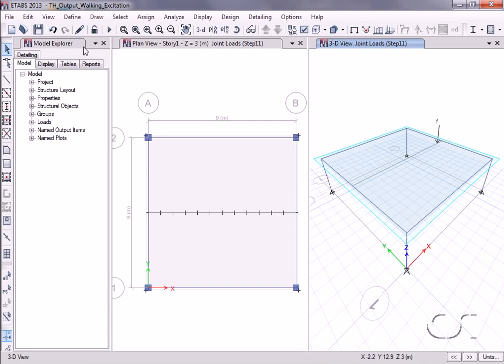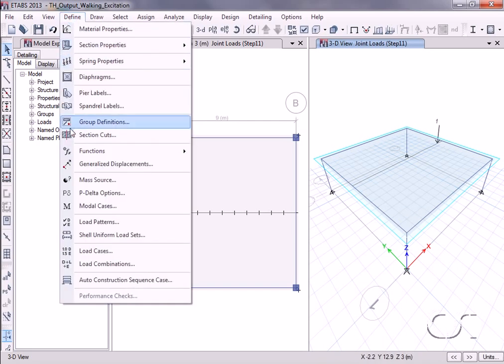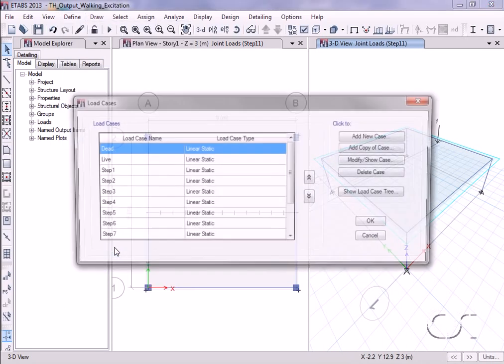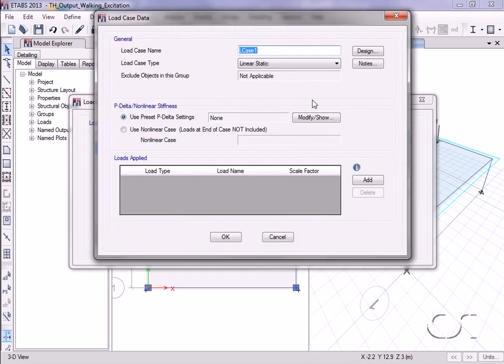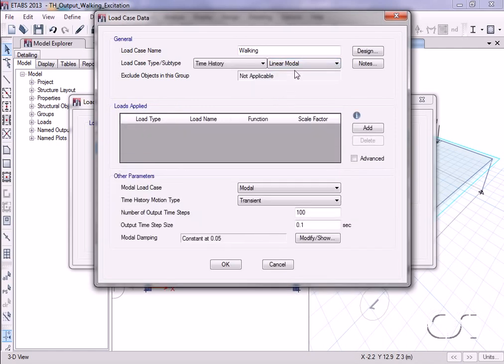Now we will define the time history case that will apply the load patterns as pulses moving across the slab. We will name the new case walking. It will have a type of time history with a subtype of linear modal. In the loads applied area,